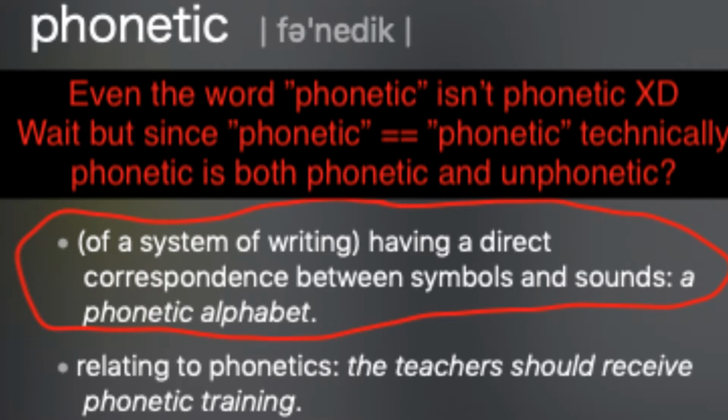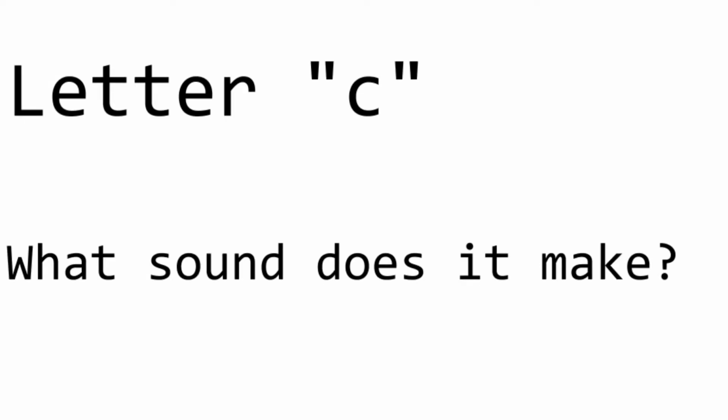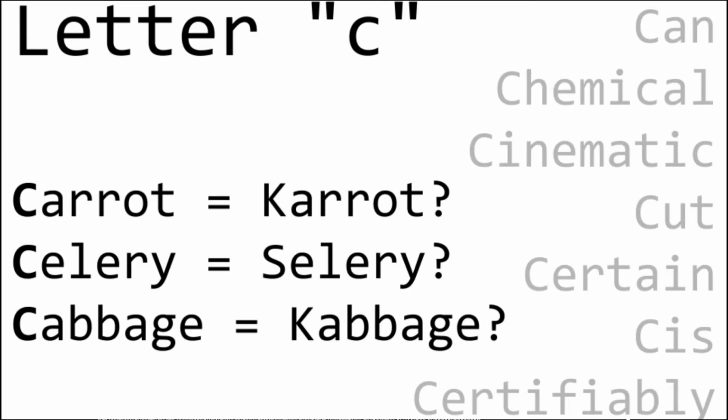But let me just show you now why the English alphabet doesn't make sense. First of all, we have C. Now, we're always taught it's C, the sound it makes is S, right? But that's not true, because when you think about it, let's just put two vegetables, we've got carrot and celery. They both start with a C, but they are either a K or an S sound. Carrot and celery. Why are those both C?